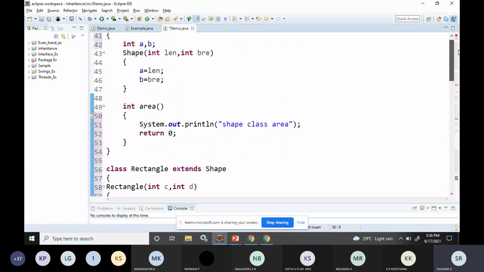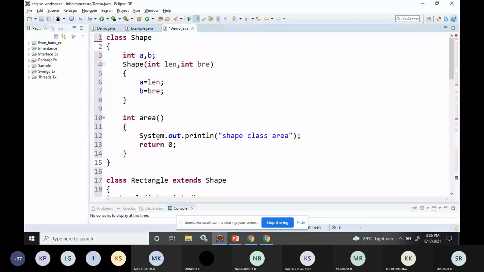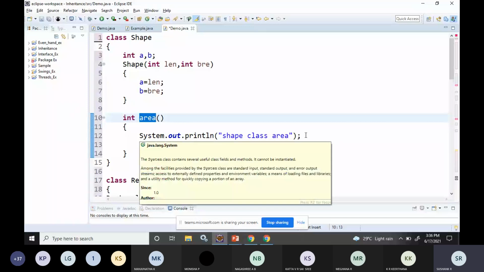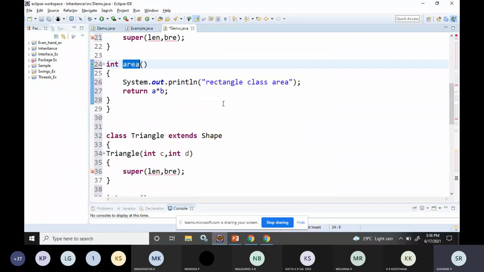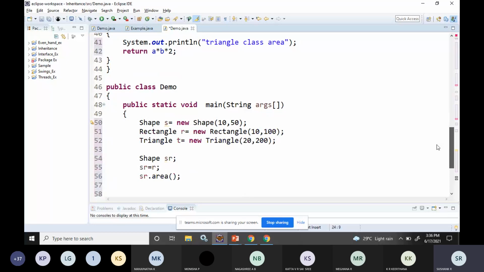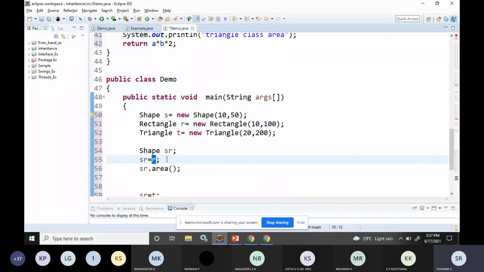Even though we have the area function in the shape class and the area function in the rectangle class, it will check which object is being referred to. Here r belongs to the rectangle class, so the area function inside the rectangle class will be run, allocated during runtime.